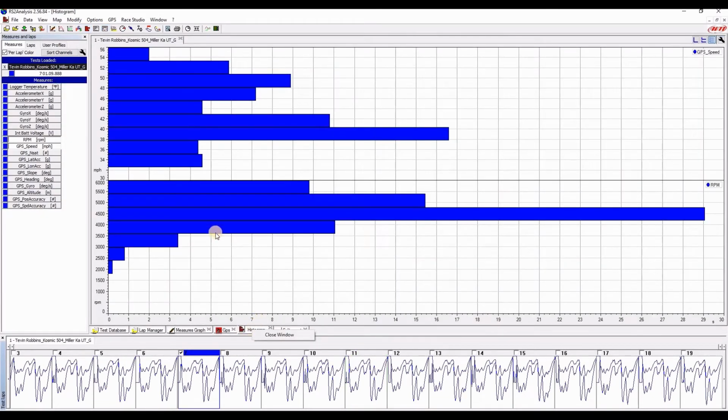And what this window tells us is how long we were in each particular RPM range. For example, between the ranges of 3600 and 4200, we spent 11 seconds on this lap. Between the ranges of 4200 and 4800, we were in that range for almost 30 seconds. And it's going to do the same with the GPS speed as well. I'm really only concerned with the RPM range, because if you look at the Briggs